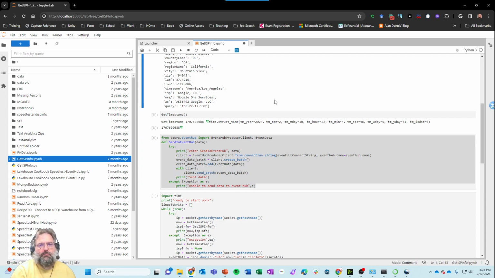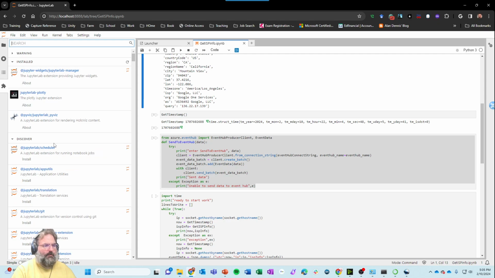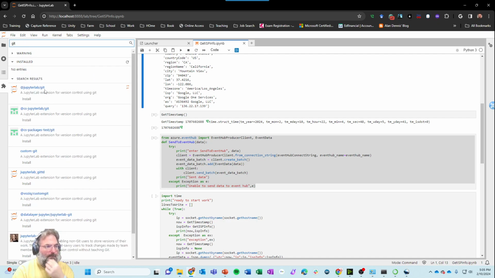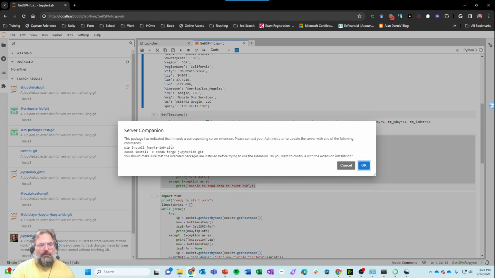Anyway, the whole point of all this is simply to explain the paradigm of a notebook, and the fact that Jupyter Lab notebooks do allow you to integrate with DevOps sort of environments, so GitHub, places that store your code and repositories and handle the checking in and out. There is this extension manager, and one of the extensions you'll probably be interested in is Git. In this case we go ahead and install that. This is the Jupyter Lab extension for using Git version control. When you click on installing it,